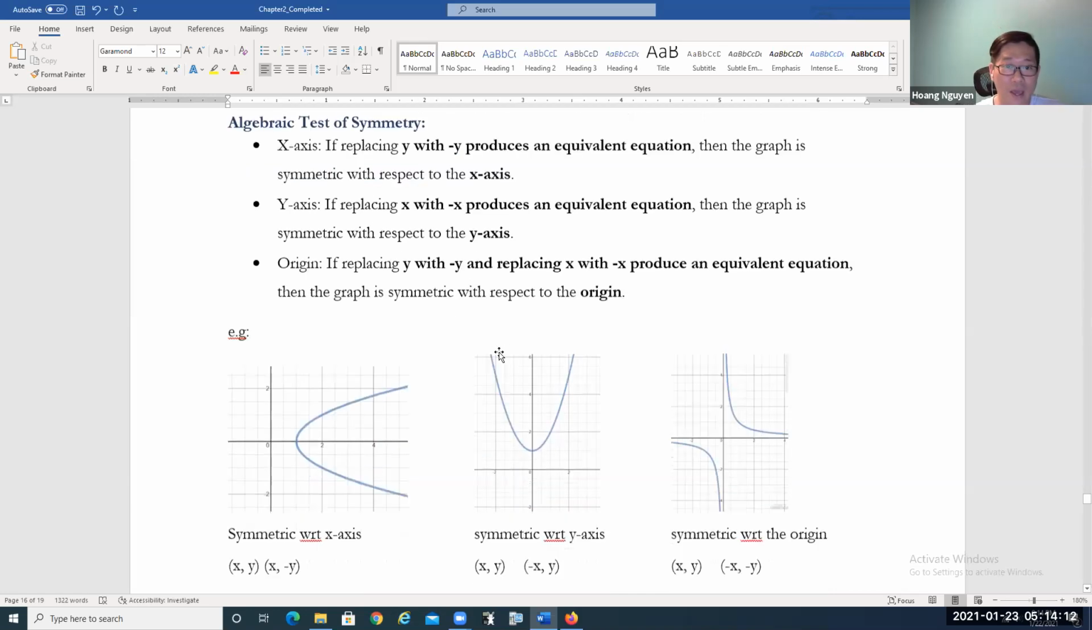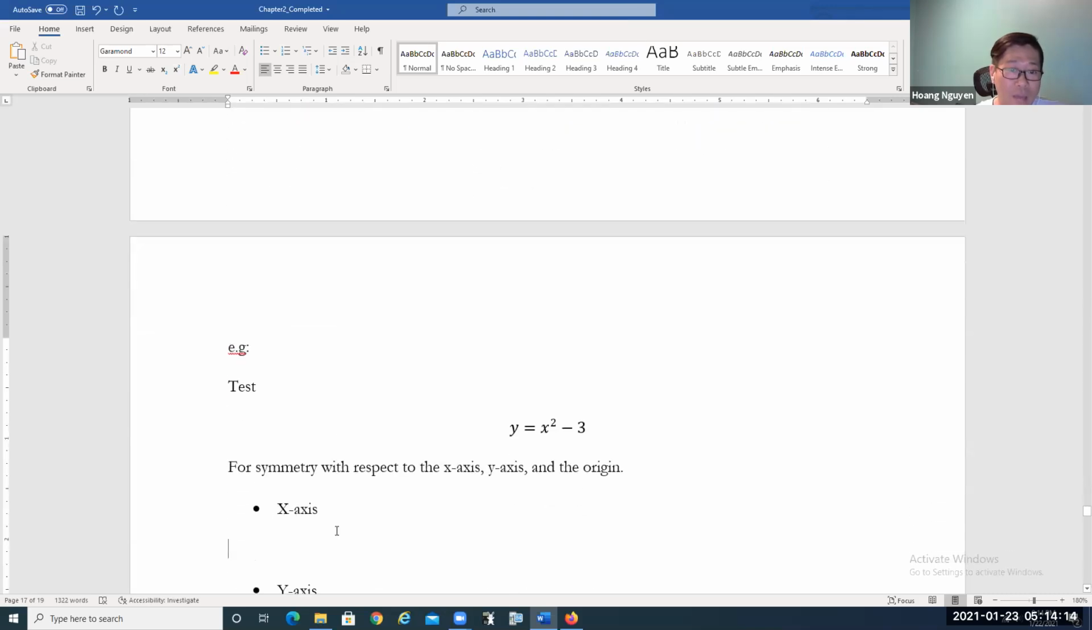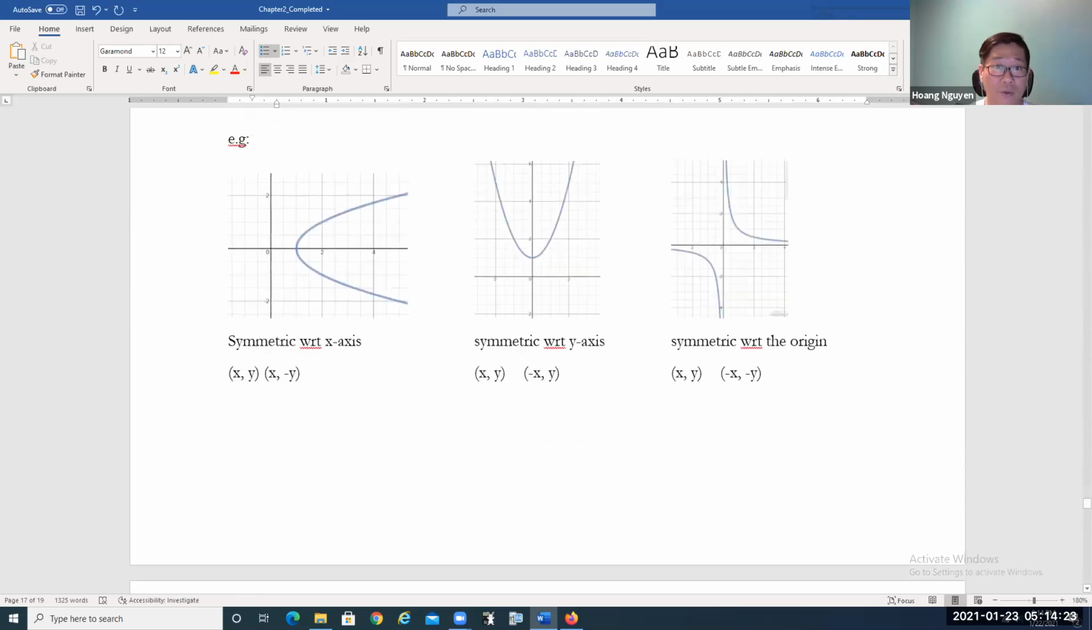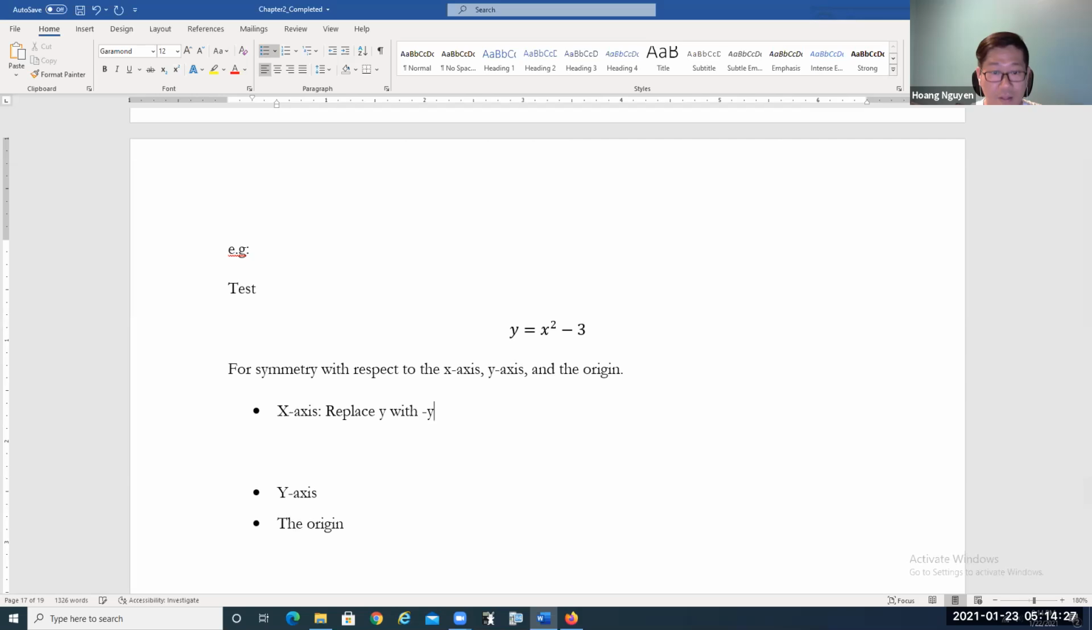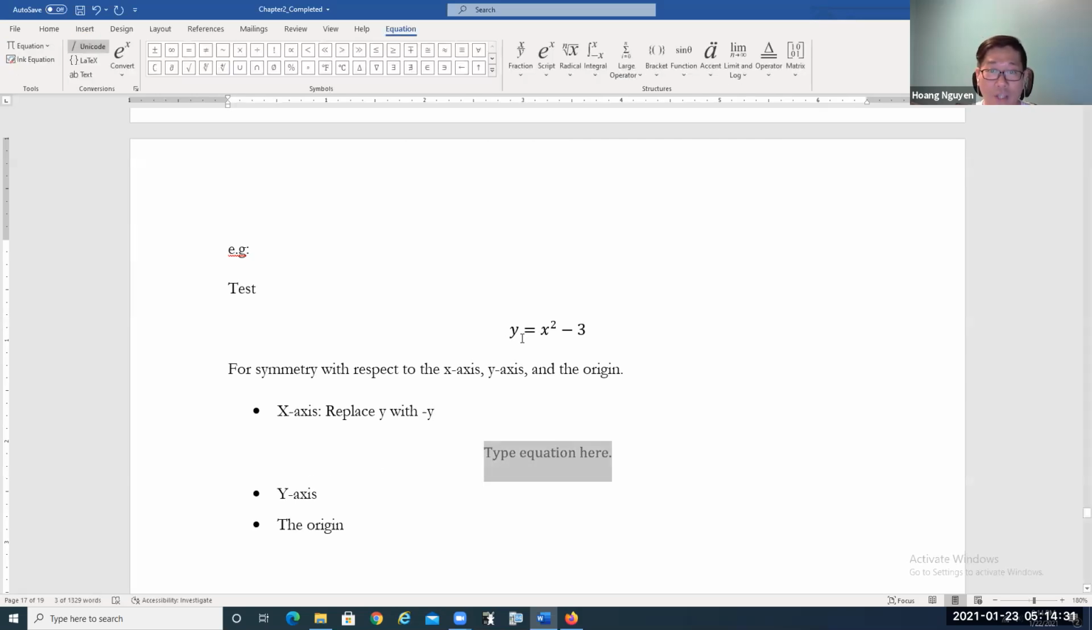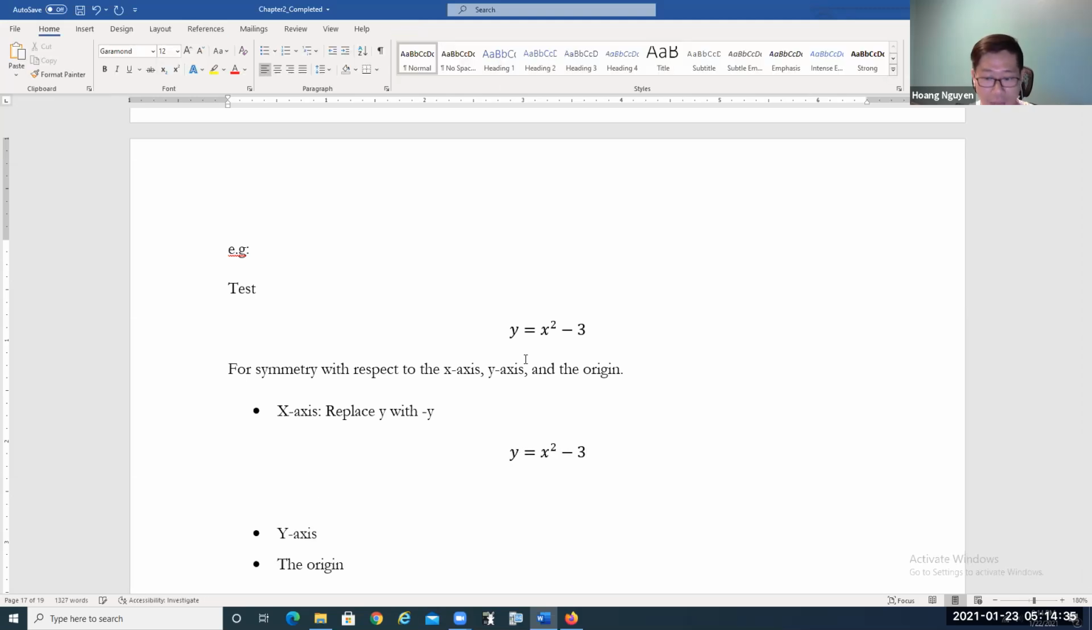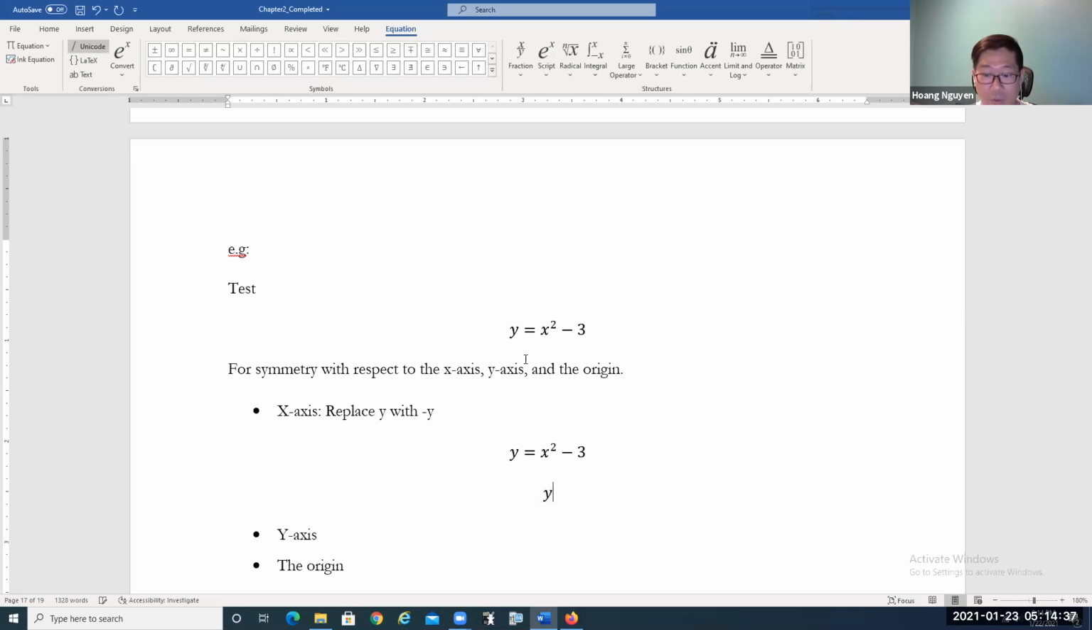So for the x-axis, we replace y with negative y. Originally, we have y is equal to x squared minus 3. Now we're going to replace y by negative y, so negative y is equal to